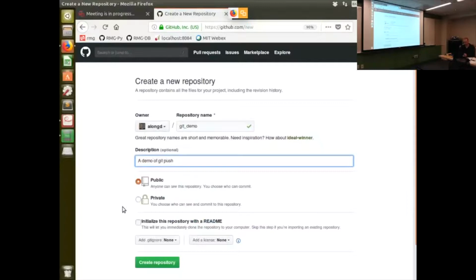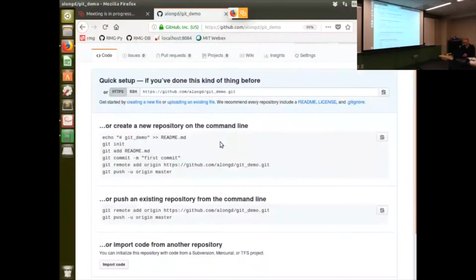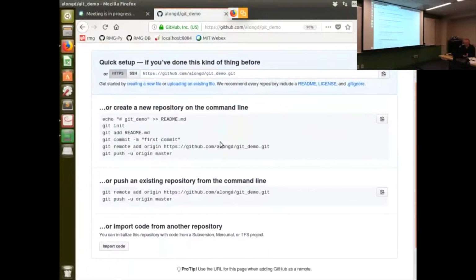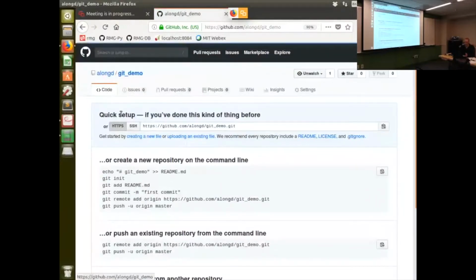It's a public repository, and I can create it. Right, here it is. I can set up a README file and other settings. Let's just advance. Right. So it shows that because there is nothing in the repository. If there was something, it would have shown